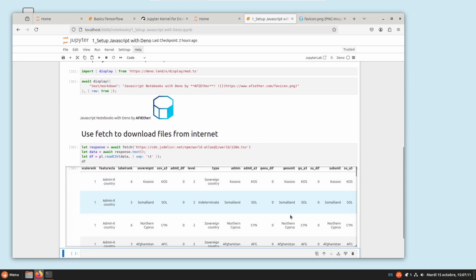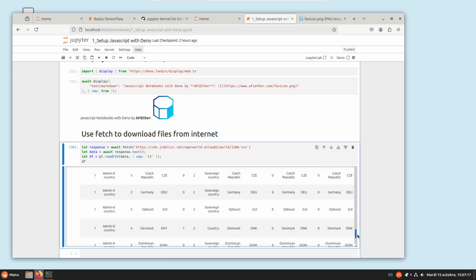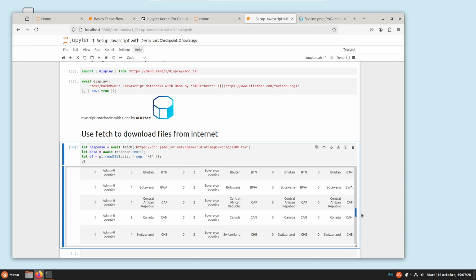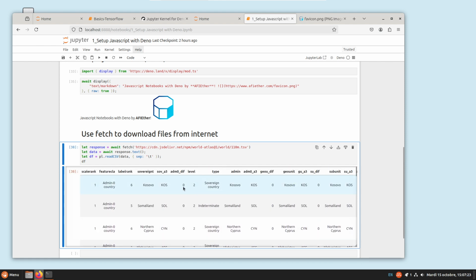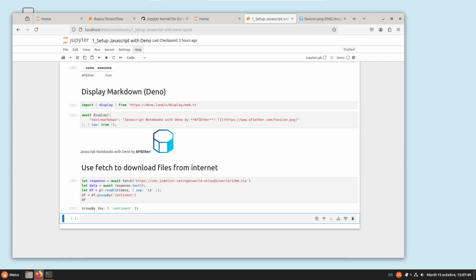Oh, nice. Now we have something really nice. Look at it. We have it in a more structured way. Okay. And the beautiful thing with the data frame is that we can group. Let's say we can do df equals df.groupBy, we can group by continent. Group by continent,